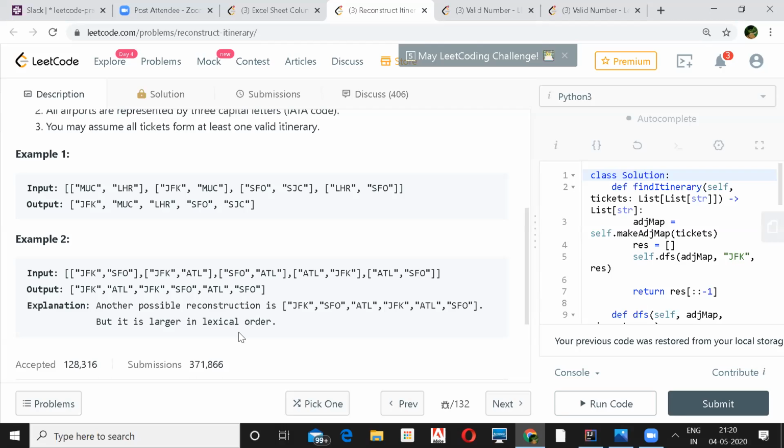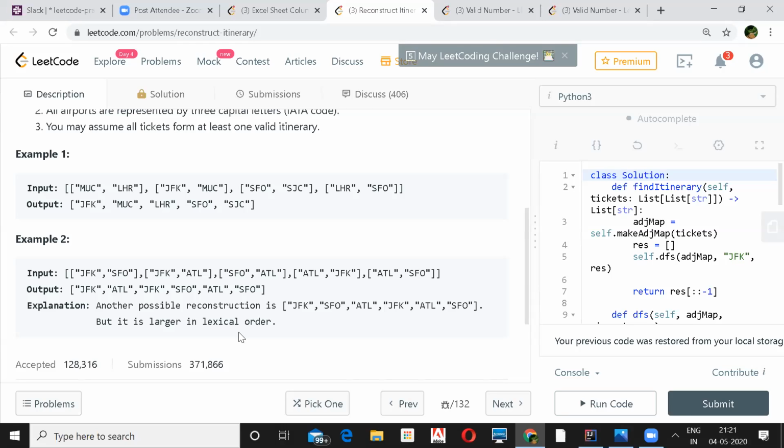Hey, Shashank, just one clarification. Does this graph have a cycle in it? It seems it can have a cycle, and still we have to find a result. Definitely, because somebody's destination can be somebody's source. So do we have to first find if there is a cycle? Does it matter? But how are we going to do it? It will go in a loop, right?